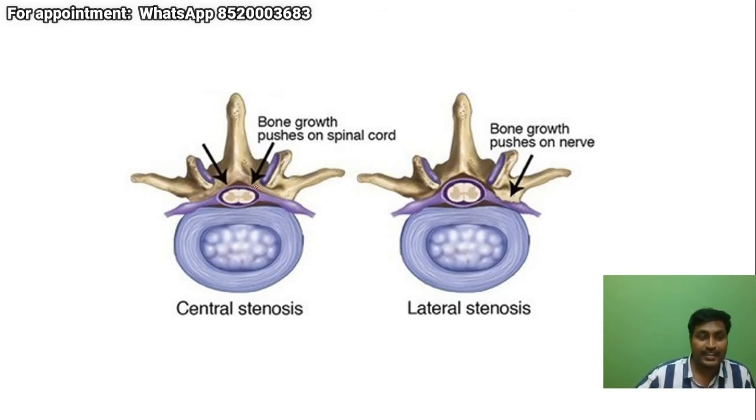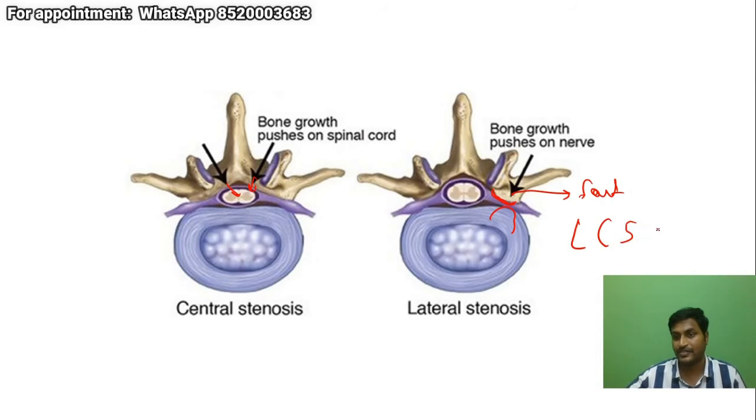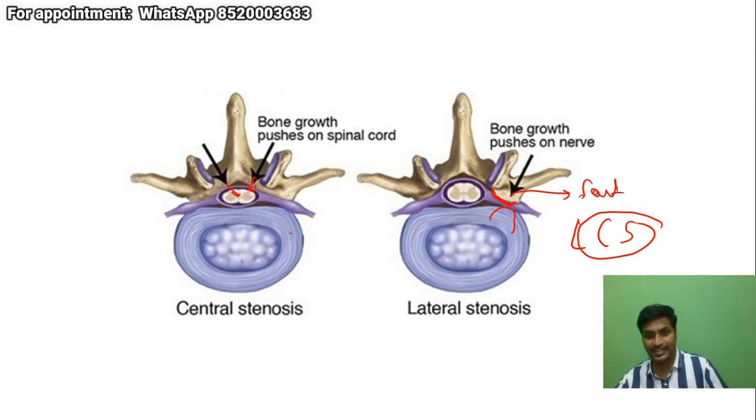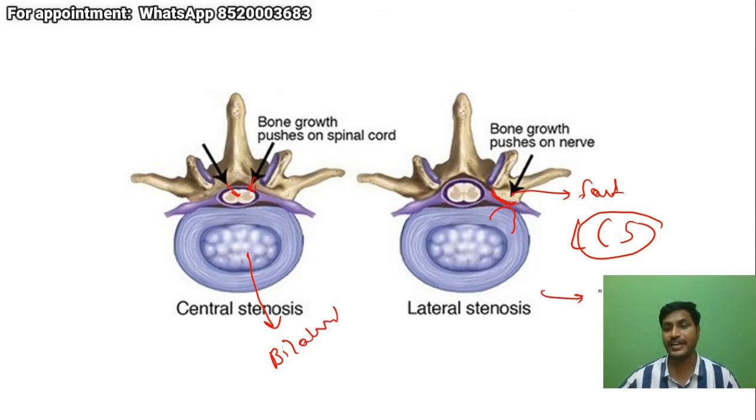Identify again here. I have told you, you will have to identify the stenosis. There is compression in the center part of the canal, so this is central stenosis. But sometimes there will be hypertrophy of the ligamentum flavum, hypertrophy of the facet joint, or a foraminal disc bulge. All this will cause lateral canal stenosis, so this is known as lateral stenosis. In central stenosis, the symptoms are bilateral. In lateral stenosis, the symptoms are unilateral.